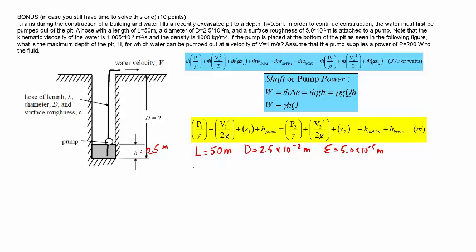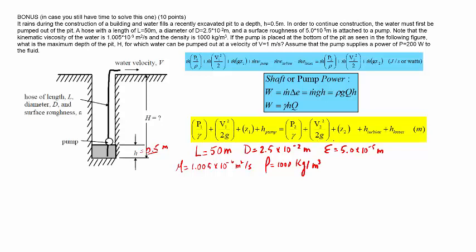Note that the kinematic viscosity of water is 1.005 times 10 to the minus 6 square meters per second, and the density of water is 1,000 kilograms per